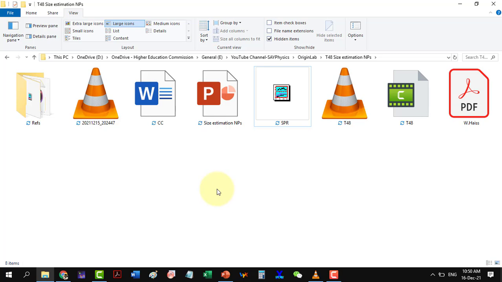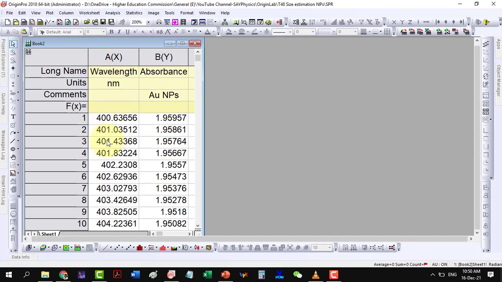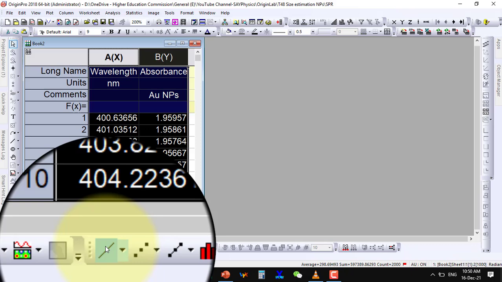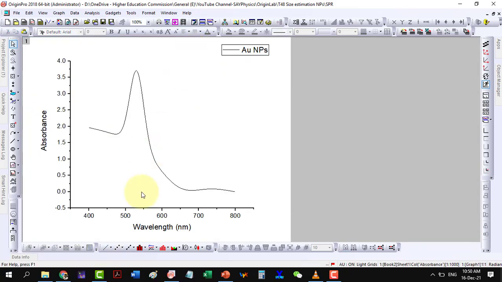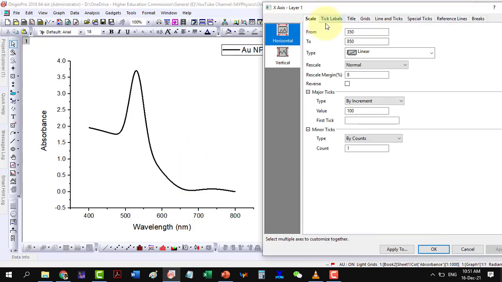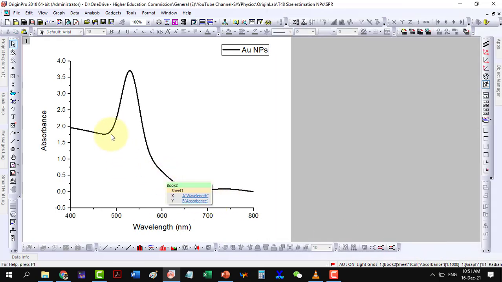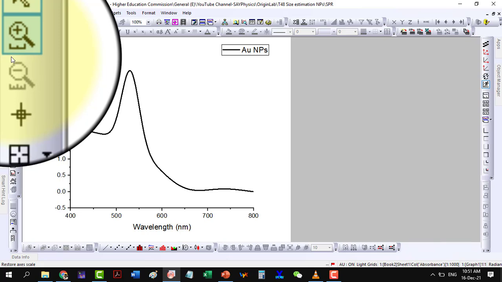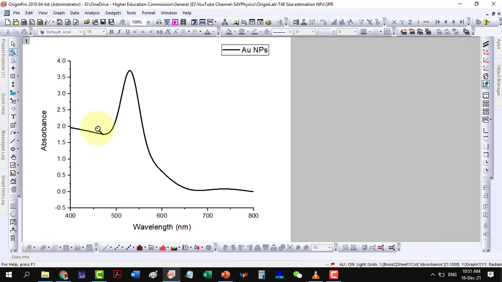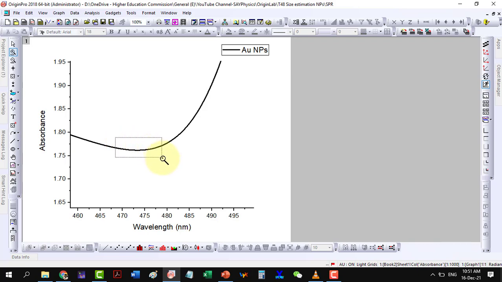Now we will go to the data file in Origin to get the values of lambda SPR and lambda naught from the plot. This is the wavelength versus absorbance data of gold nanoparticles. Let us plot the data and do some rescaling to the graph for a good look. Now to find the lambda SPR and lambda naught, we will use the zoom and the data reader tools to find the values accurately. First, we will find the lambda naught value,